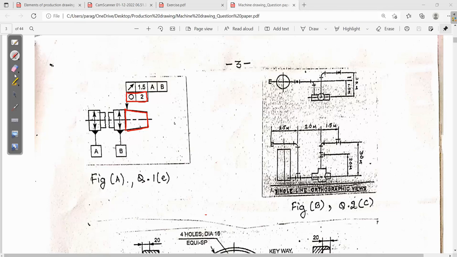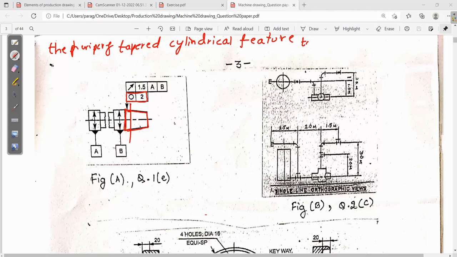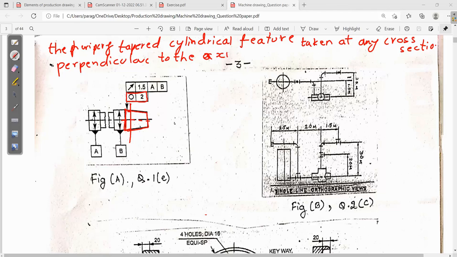The periphery of a tapered cylindrical feature, you can write it like this, because it is a tapered cylinder, not a perfect cylinder. The periphery of a tapered cylindrical feature taken at any cross section perpendicular to the axis of the component